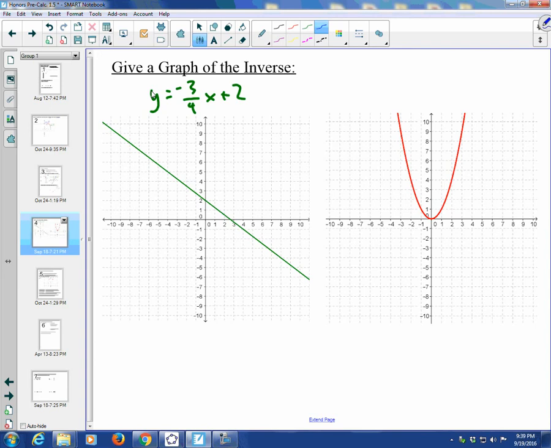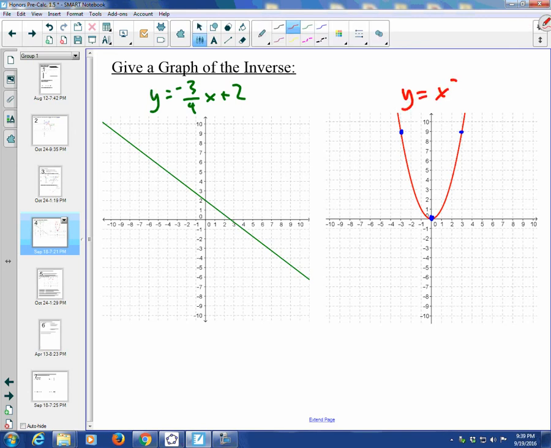2 points define a line, and 3 points define a parabola. So when you're drawing the inverse of your parabola, you want to choose 3 points strategically. We can choose the vertex, and then a point on either arm maybe to invert. And then what we want to do is graph the inverse of this parabola, which is, of course,